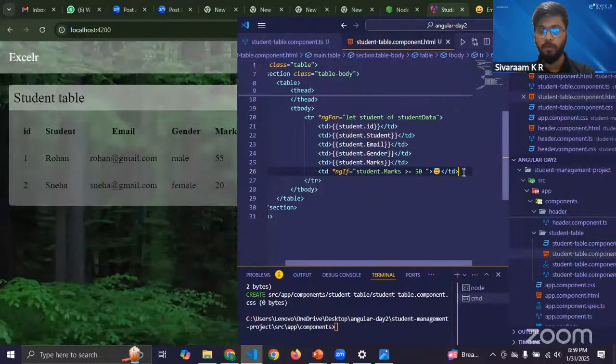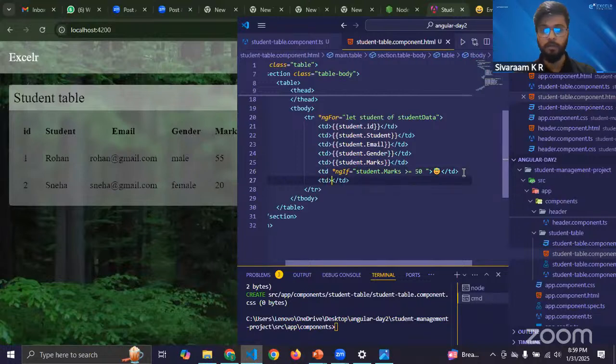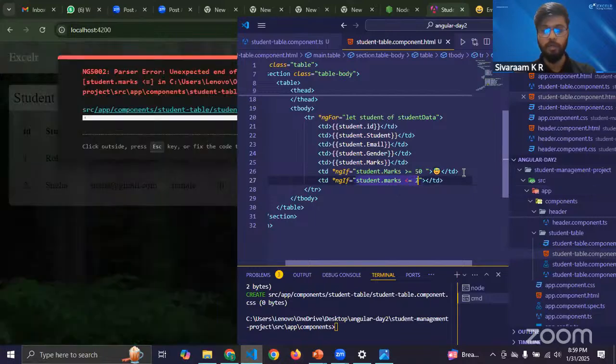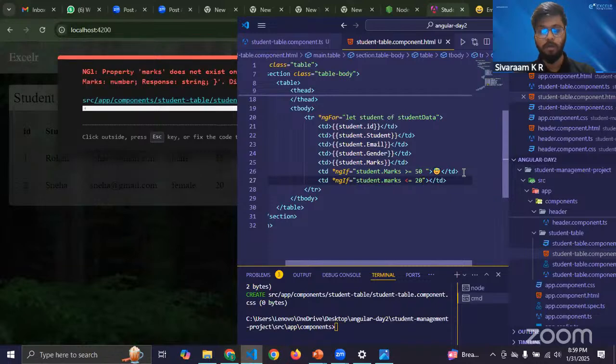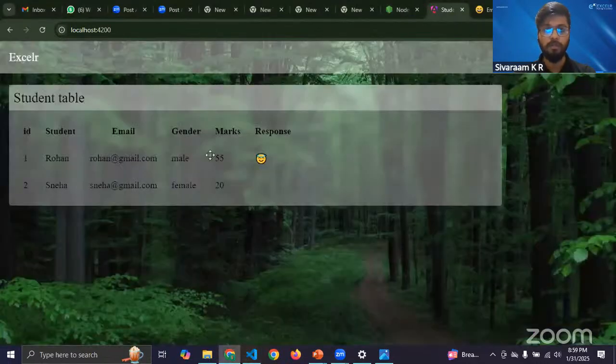Now I'll go to the TD again. Similarly, I'll write a condition. So *ngIf equals student.marks is less than or equals to 20. What I need to render is a crying emoji. Now you can see here, based on the condition of the marks,